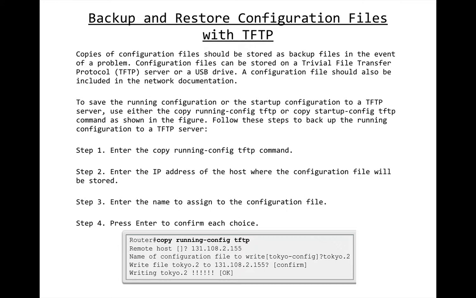So what you do is, we've had copy run start. We've seen that a lot. So here we have copy run TFTP. Down at the bottom is what would happen when you type that. The first thing it would do is ask for the remote host name. So here the person has entered the IP address. It will ask the name of the file that you want to write, and then it's going to confirm that yes, you want to write the file